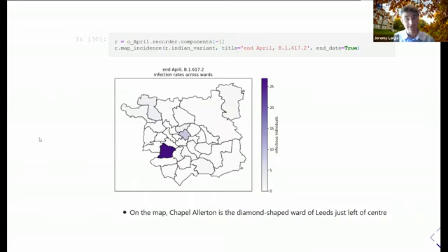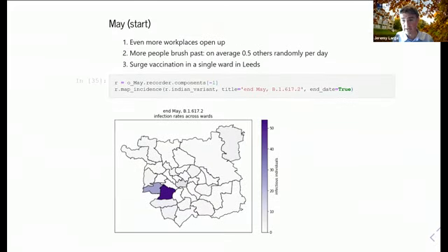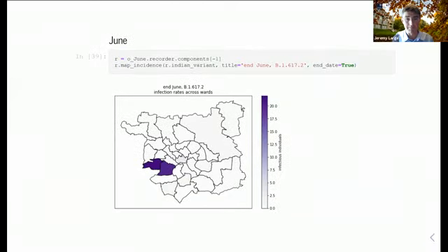But in this particular simulation, and we can discuss uncertainty more, within only a month, so I've got here to the end of April in my simulation, we're seeing that a very significant number of infections are now arising in another ward in Leeds. And so perhaps it should come as no surprise that this targeted city ward level focused vaccination intervention has turned out not quite to be agile enough to close the stable doors before the horse escapes and gets out into the rest of the city. Things only get worse as we go forward through time.